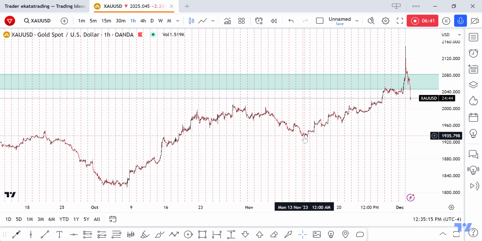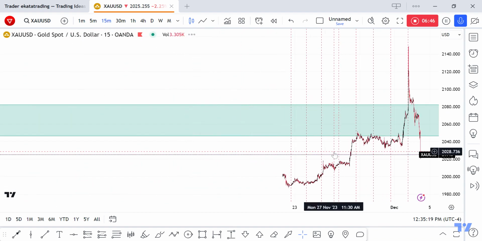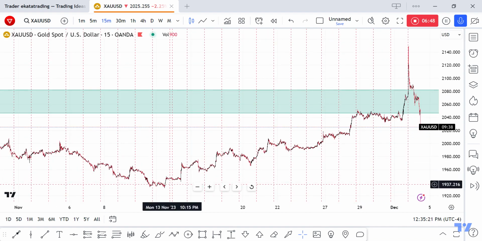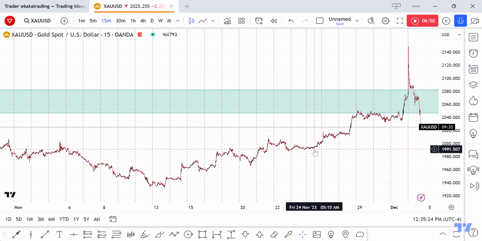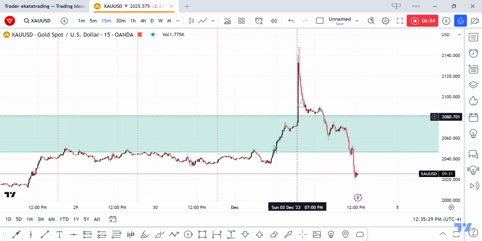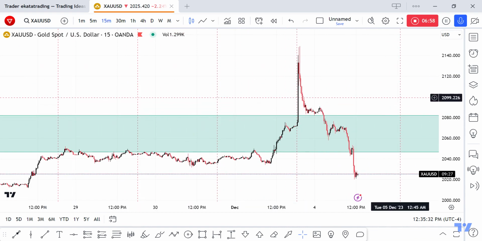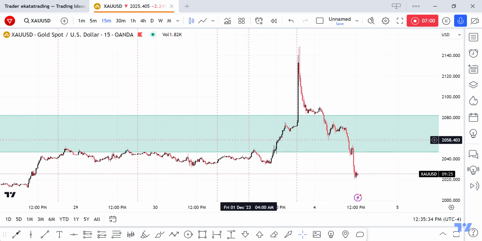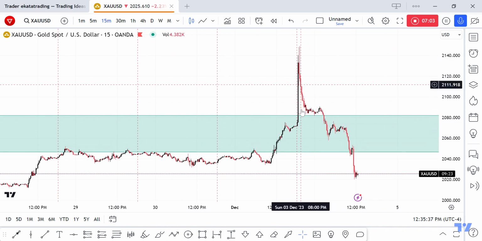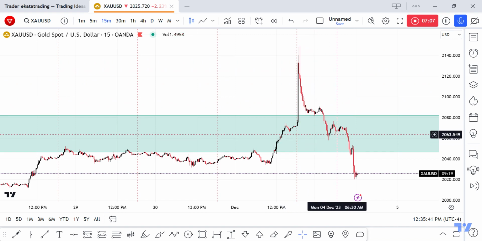Here's the interesting thing. Most traders, again, coming back to the idea that gold is a monster, don't know that gold is a monster that they need to be afraid of, and they need to be afraid of buys just like they would have been afraid of buys here. Anybody who sold, and I'm going to link the video, anybody who sold off of this level or off of this level would have been destroyed by this move.